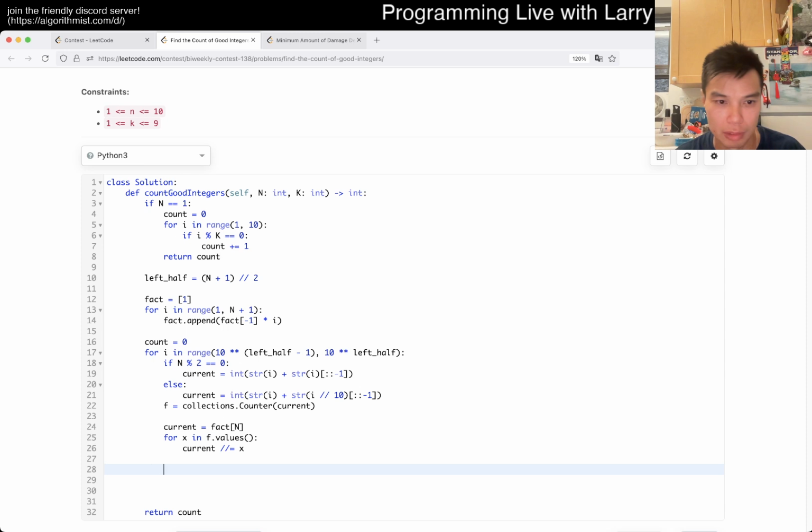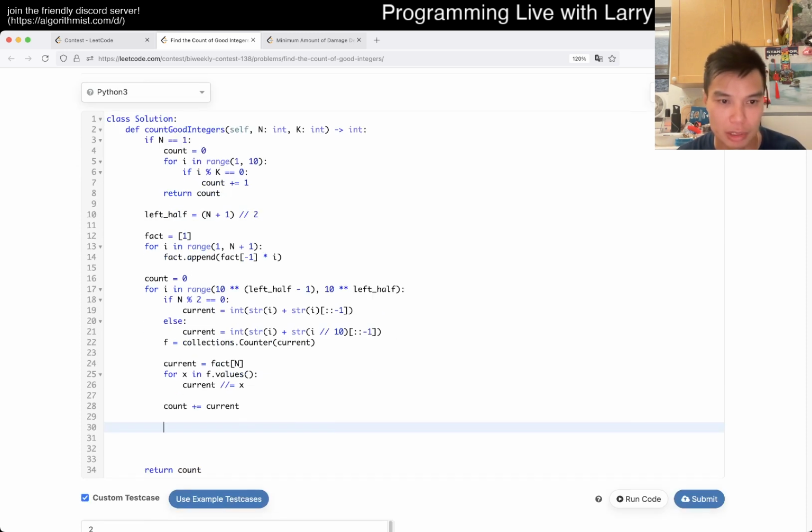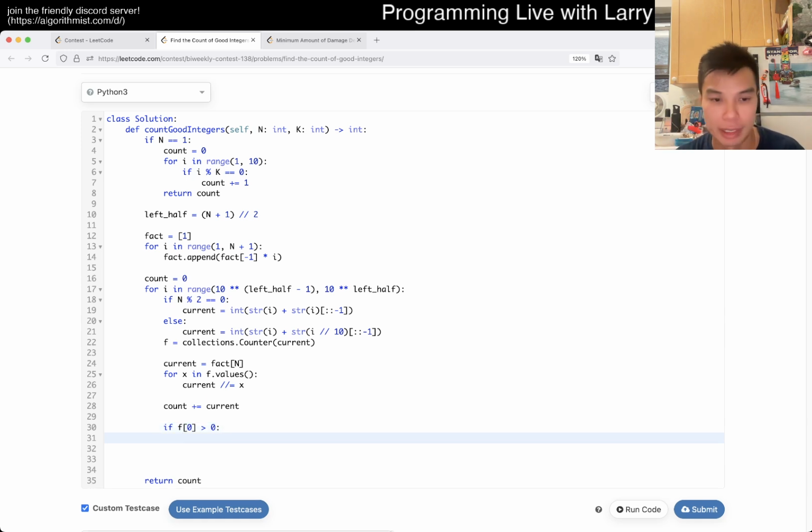So count current, and then we have to subtract out the leading zeros. So if f of 0 is greater than 0, then we want to take out